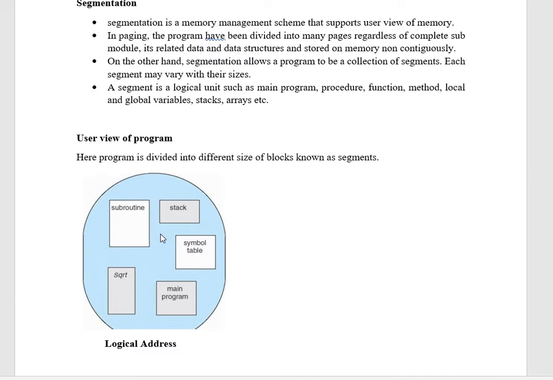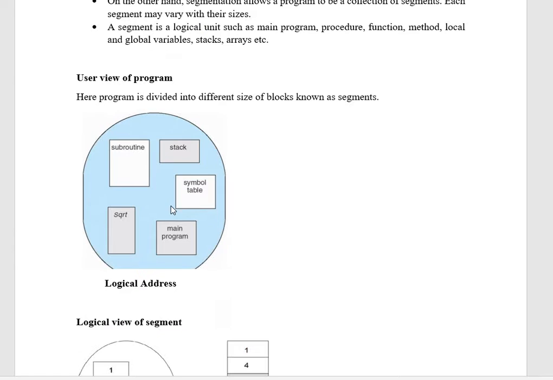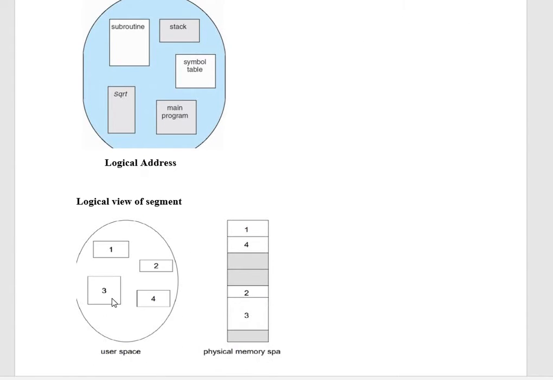When you want to store it on the physical memory, how would it appear? These segments are represented by segment numbers. Assume I have segment numbers 1, 2, 3, 4. Each of the segments, which are of different sizes, has to be allocated on the physical memory. We have to make sure there is contiguous space available on the memory equivalent to the segment size. Say segment 1 is larger than segment 2, and the third segment is of bigger size.